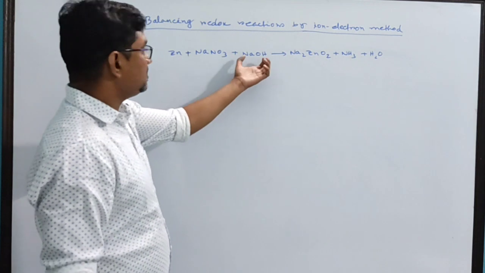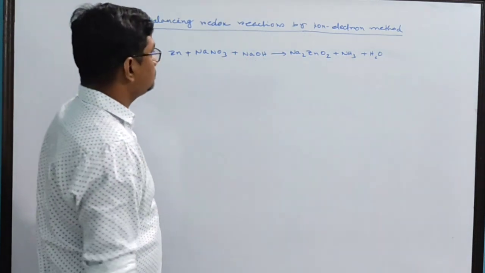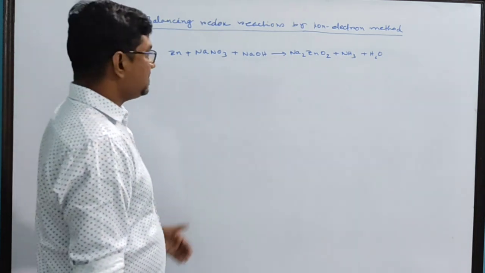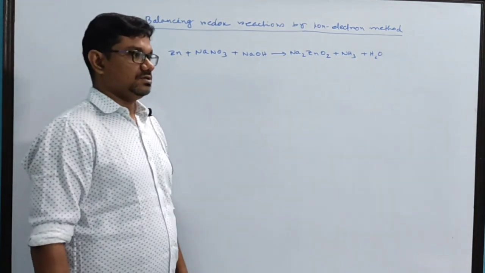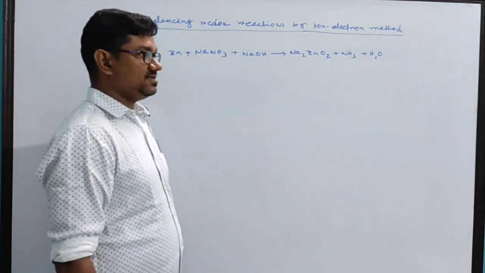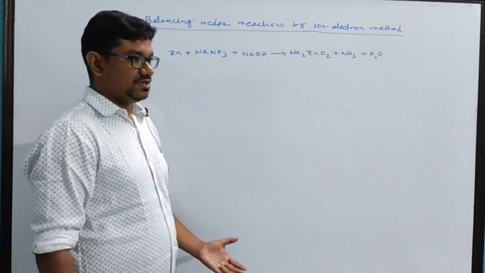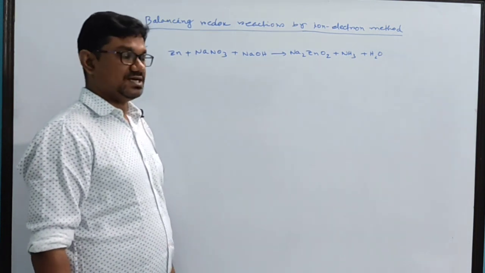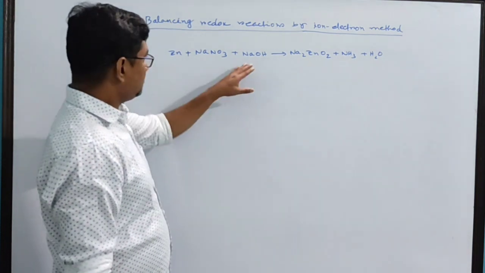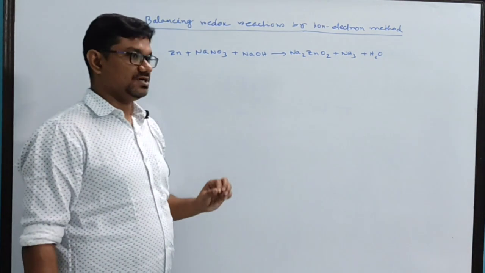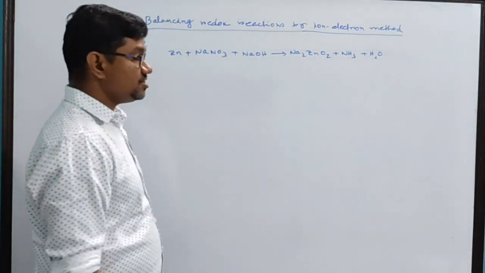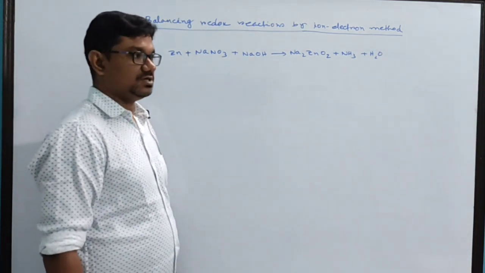So as sodium hydroxide is present in the medium, the reaction is in alkaline medium. As I said in my earlier video, in the reaction in acidic medium you should use only H plus and water molecules for balancing the half reactions. Here the reaction is in alkaline medium. Here you cannot use H plus ion, you have to use OH minus ion and the water molecule for balancing